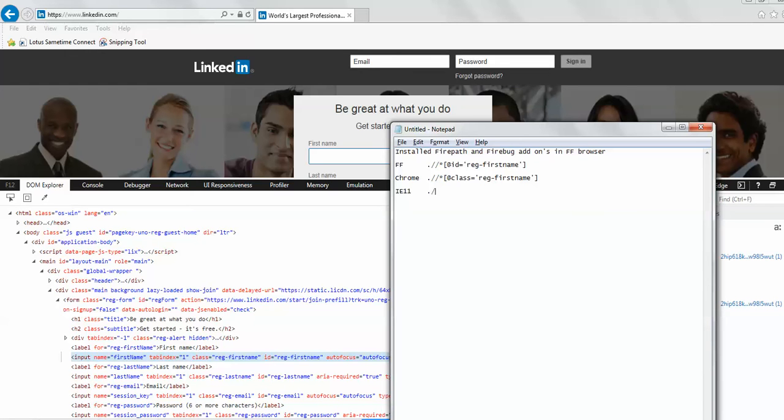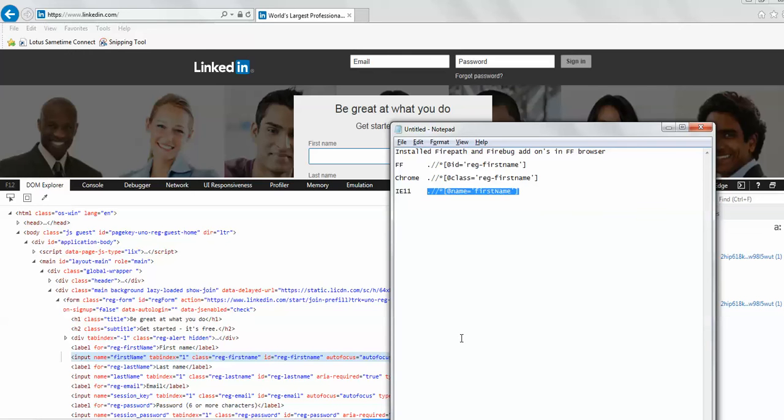Start with the root node, anything from there which starts with name, something like first name. So it's exactly how the code gave us. The name of this text box is first name and I have given the same.